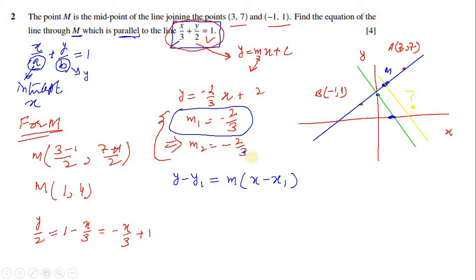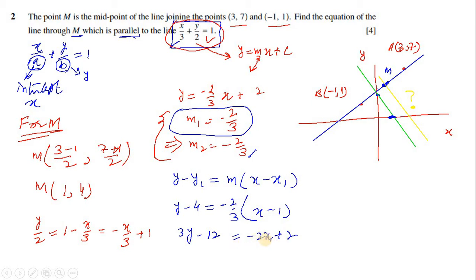We have a gradient which is minus 2 by 3. We have a point (x1, y1), which is point M. We can substitute these values to find the equation. So y minus y1, which is the y coordinate of the point, which is 4, is equal to m, the gradient of the line, which is minus 2 by 3, times x minus x1, which is 4, so x minus 1. Just simplify this equation, so you have 3y